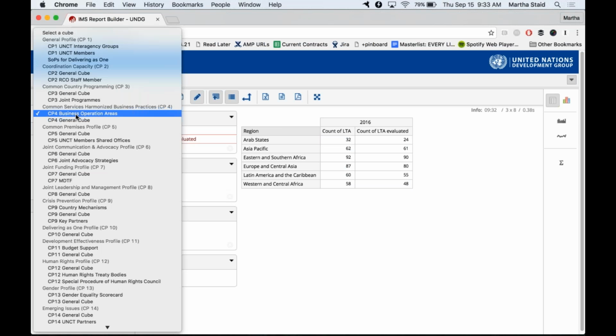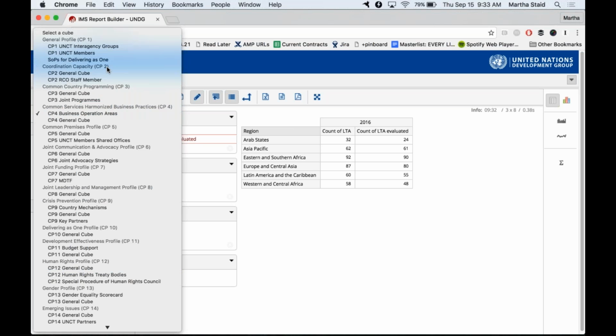Now we've worked only within a single cube, and we have, of course, all these different cubes. Two things it's important to note. Data cannot be cross-referenced across cubes. You must work within a single cube at a time.